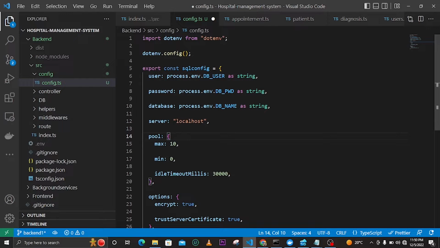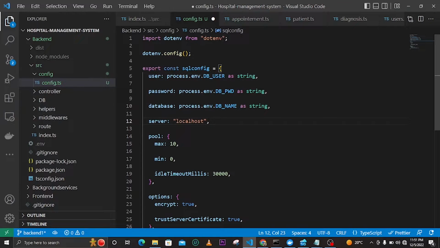First of all, it will require the user of that database, this DB user, and then it will require the password for the database, the database name, and also you can see the server is running on localhost,